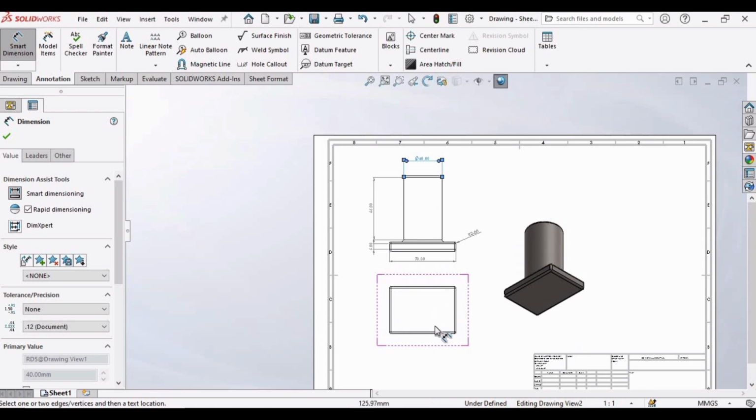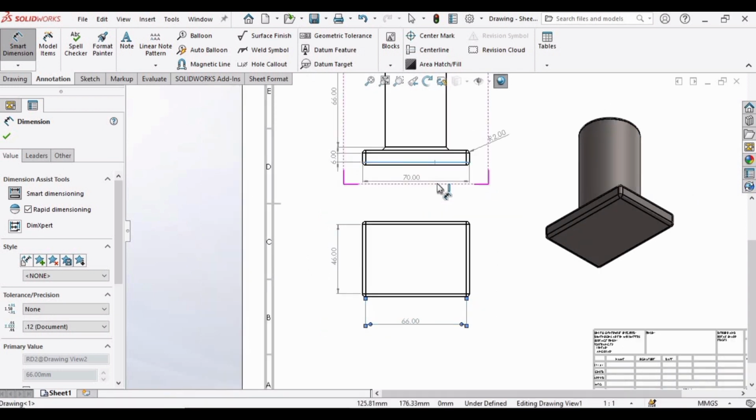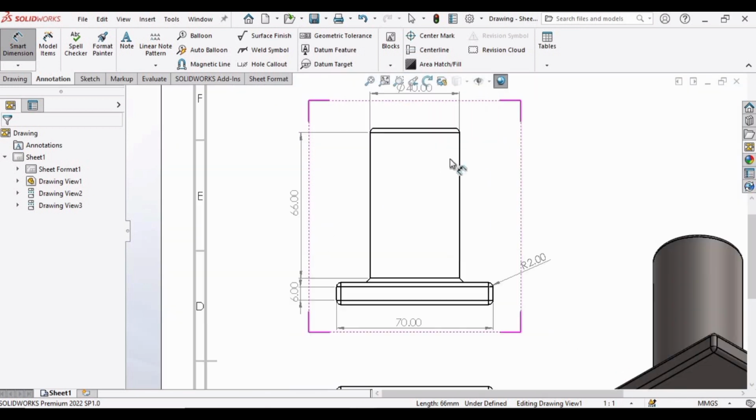After specifying different dimensions to the front view, now let's specify some dimension to this top view, and that's how you can specify different dimensions to these